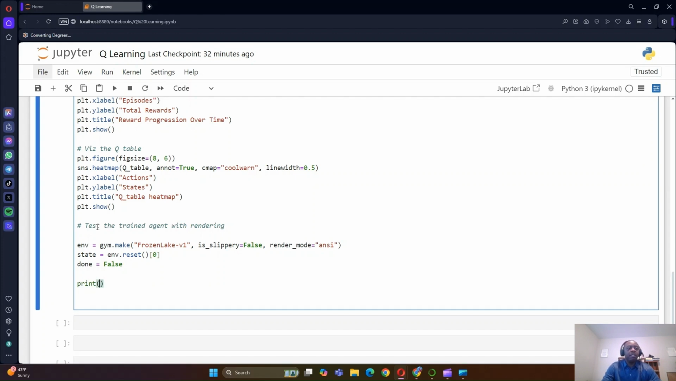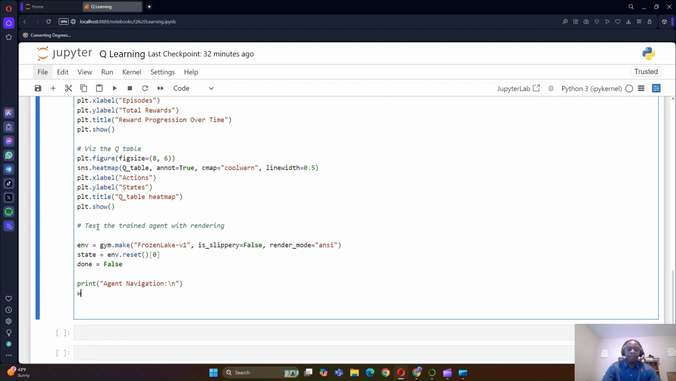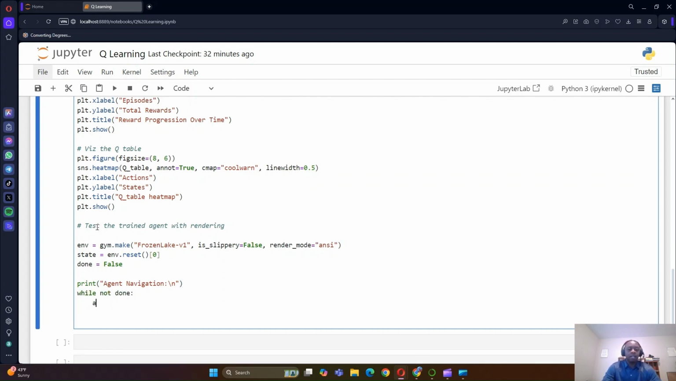Let me print the agent navigation. Yeah, I can do that. I can just set it on a new line. Okay. While it's not done, action np